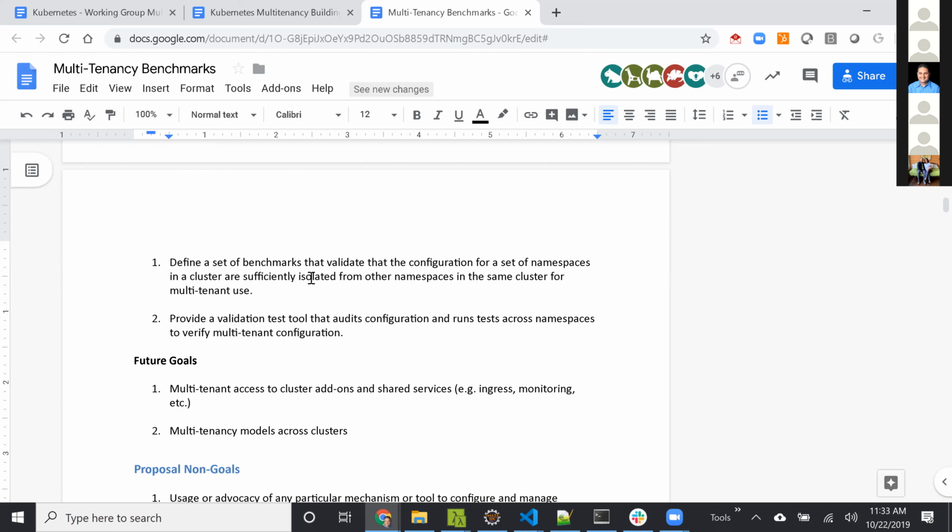But it is a set of conformance tests, for lack of a better word, although we don't want to use the word conformance, which confirms whether it is secure isolation, or quota management, or some other aspect that is adequate, so that you can put a number on it: this cluster meets 8 out of the 10 requirements for multi-tenancy. You can put a quantitative feel on it. Otherwise it's all subjective hand waving, right?